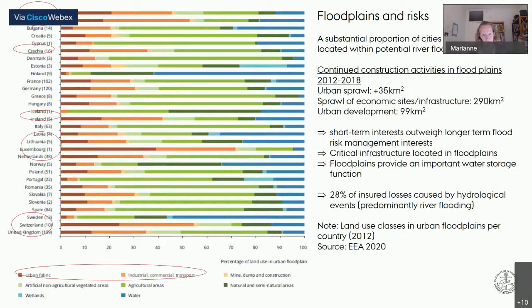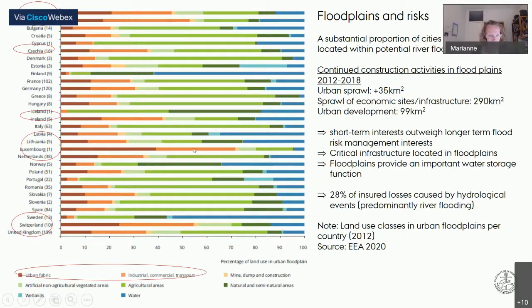And the problem with this rural-urban nexus is really the construction on floodplains and the associated risks. This is an overview of the amount of construction in floodplains in the countries across Europe. You should notice the dark red and light red colors, which are the urban fabric and industrial, commercial and transport areas. And you can see it is almost over half, for instance, in Switzerland, of floodplains that are actually being built